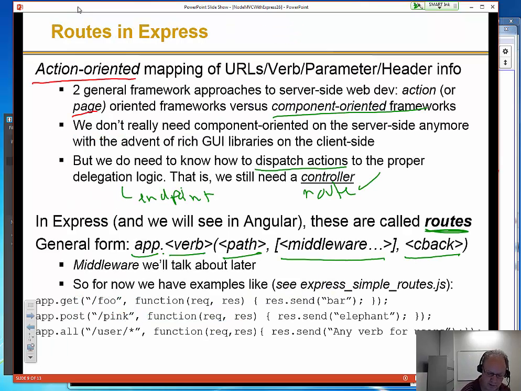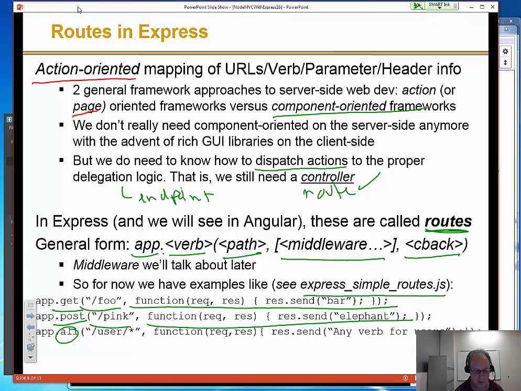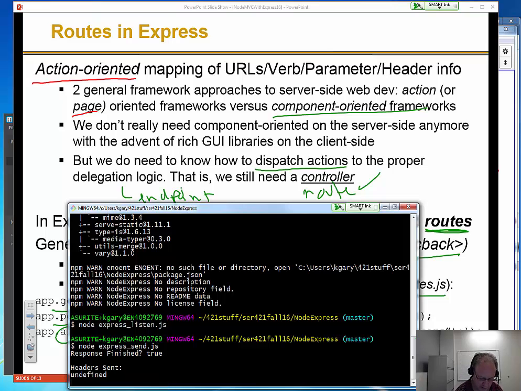This is the general form, so you have a simple routes example here where we have a get. You can do a post, right? We've talked about get and post so far. We have foo, here we have bar, and we have our callback function and what we want to do. All right. And then you can bind to both or really all HTTP methods coming in. And you can even specify patterns, which we'll talk about in a minute, on the URL. So I can bind to more generic forms of that URL and send back based on any data. All right, so that is the simple routes version,